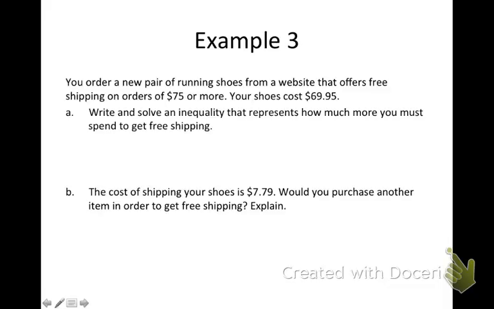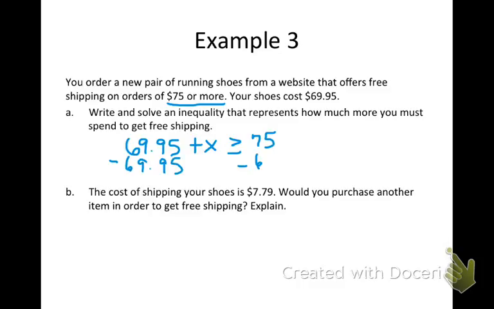In example 3, you're going to order a new pair of running shoes from a website that offers free shipping on orders of $75 or more. Your shoes cost $69.95. We need to write and solve an inequality that represents how much more you must spend to get free shipping. So if our shoes start out at this price and we want to add money so that we can get greater than or equal to $75, you can subtract this from both sides. And we'll get x is greater than or equal to